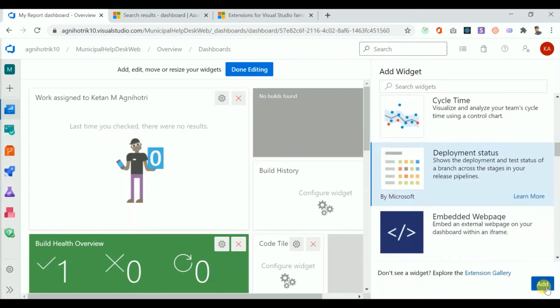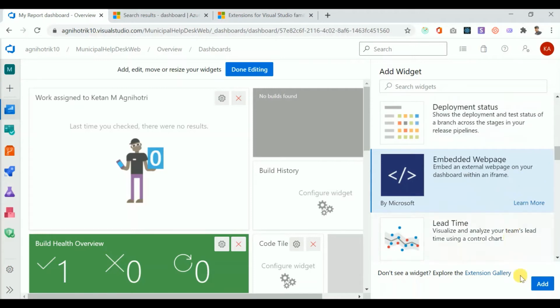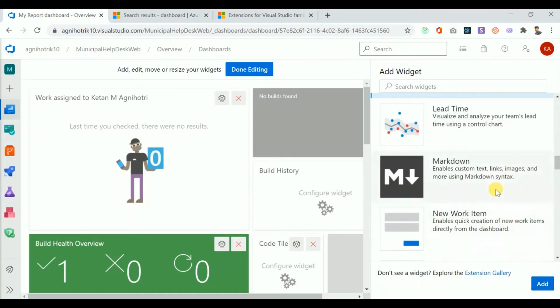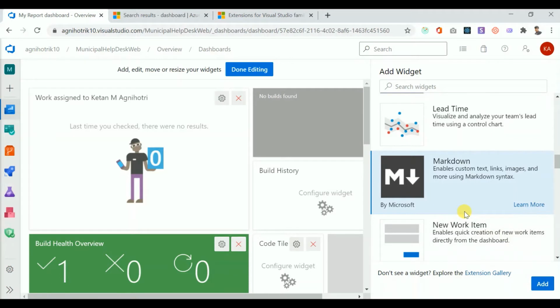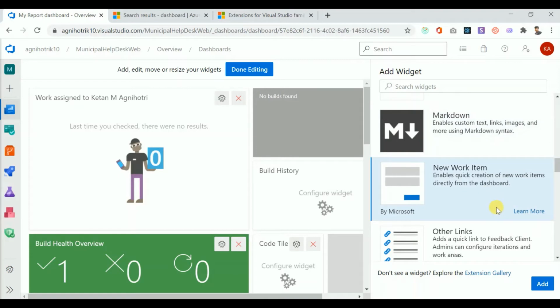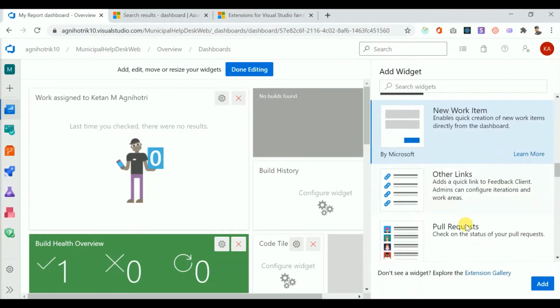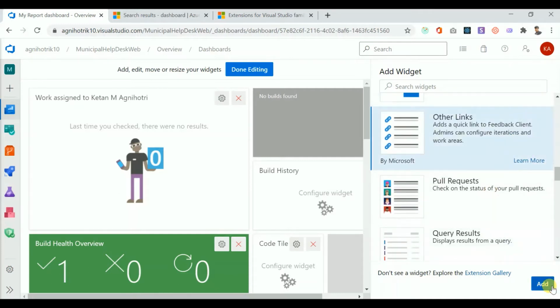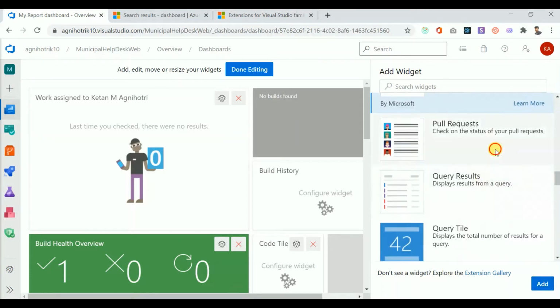Then deployment status. You can embed your external web page as well, like if you have any other report, you can add that URL. Then markdown, basically H1, H2, random static text you can add. It also gives you the flexibility to add a new work item while going through the dashboard. You can create a bug or a task quickly. Other links also, some feedback links if you want to add, pull request,